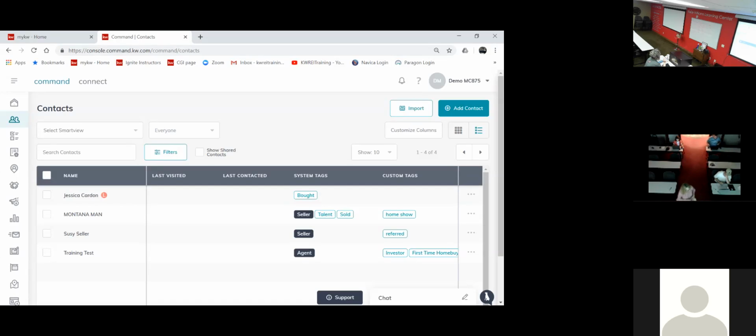Okay, so you don't need to add them in both places. You only need to add it in command. Oh, well then what would we do now? Because eEdge, once you've connected command to eEdge, anything you enter in command will pull over to eEdge. Okay. All right, well, we're getting a weird,